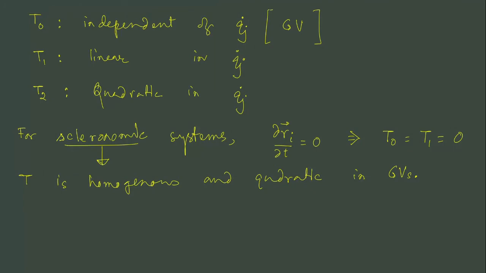So this is why we did this. There are two reasons. One is that at a later stage of the derivation, when we look at the symmetry properties, we need to know which part of the kinetic energy depends on generalized velocity with which power: quadratic, linear, or independent. Moreover, if you have a scleronomic system, then your kinetic energy expression should not have any linear component in generalized velocity. So if you get such a term, at least you would know that there is something wrong. So this is the use of writing down kinetic energy in this form.